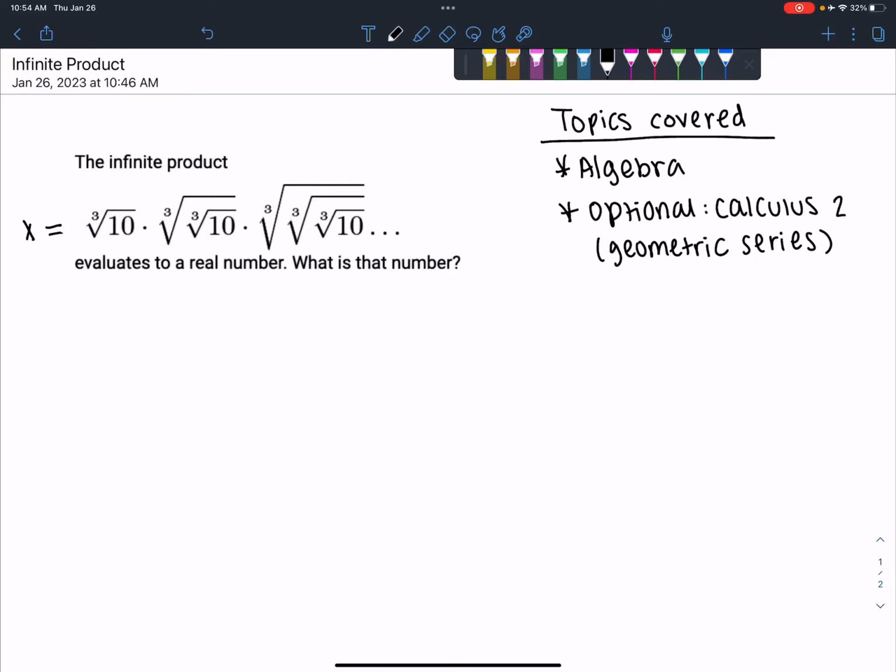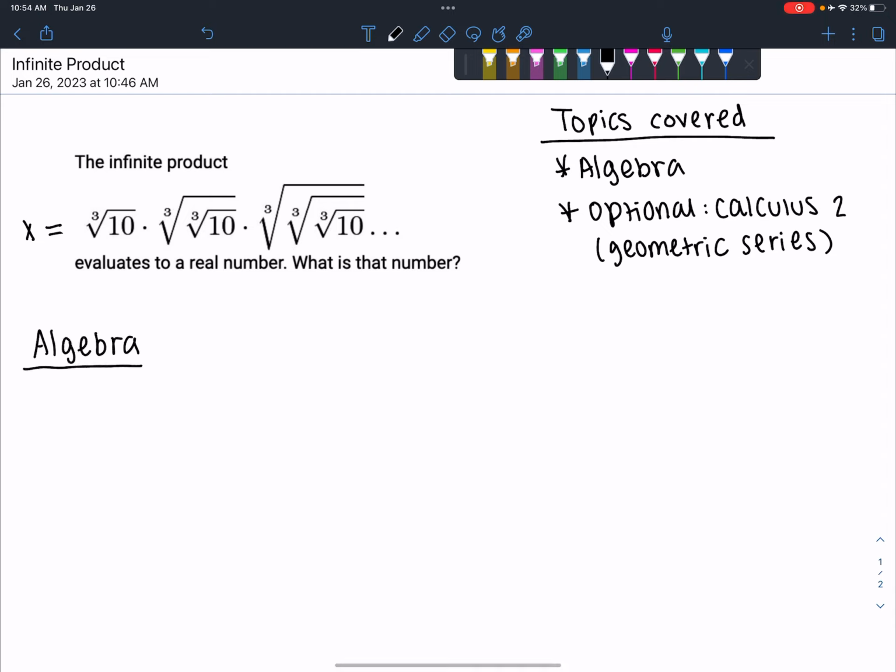Today I'm going to be covering the infinite product of this right here, and we're going to use algebra and calculus too. So I'm going to use two different methods, one involving algebra and one involving calculus too. So the first one is the algebraic method,